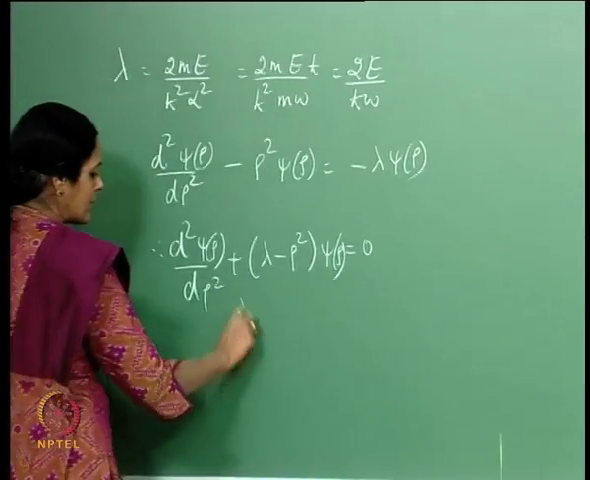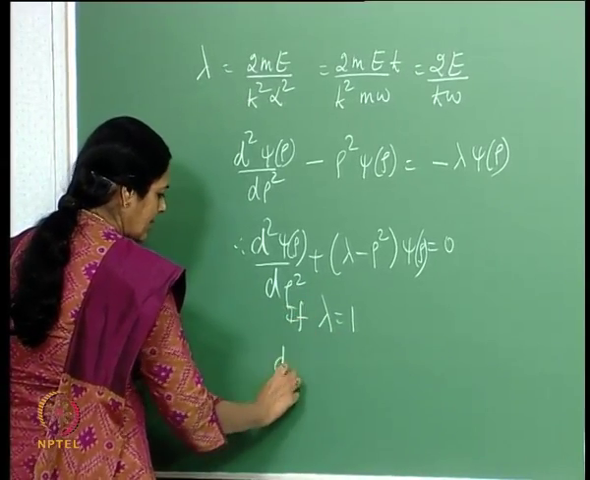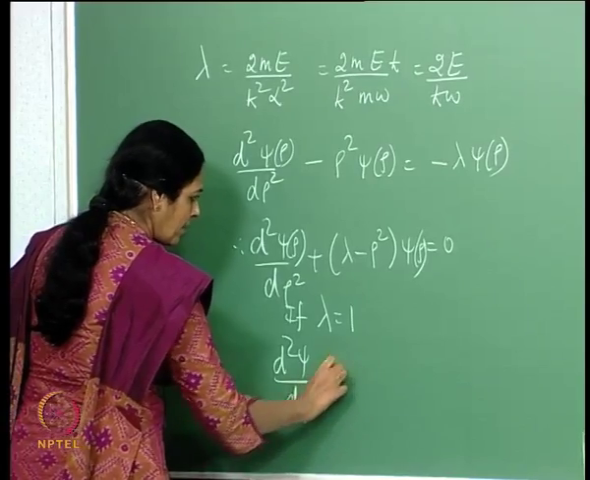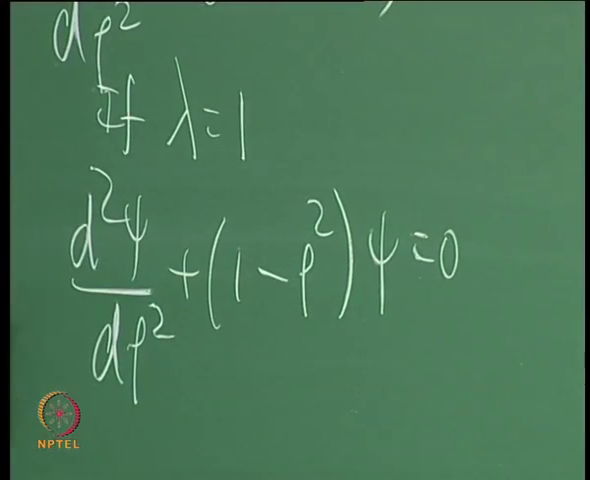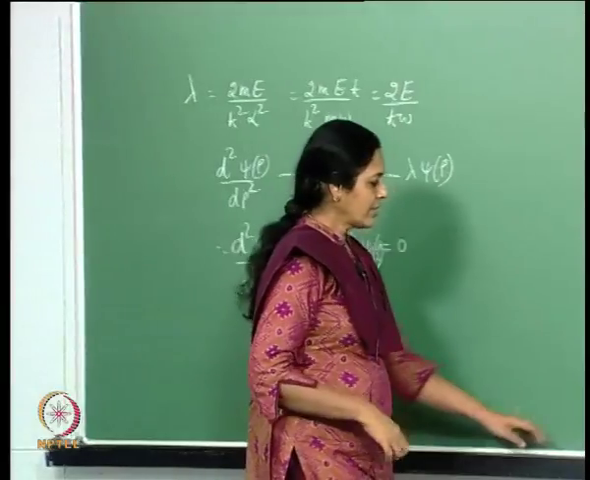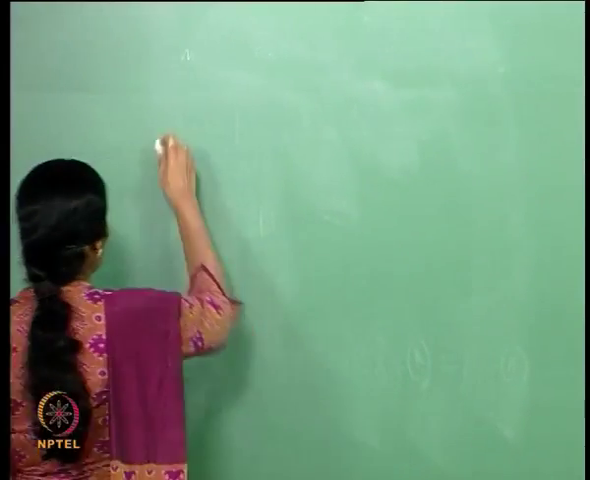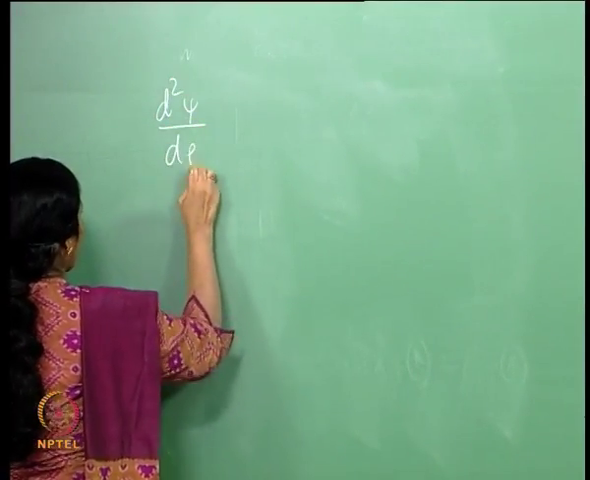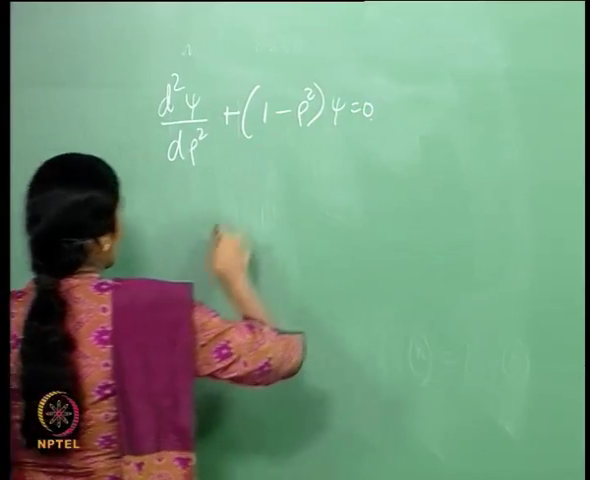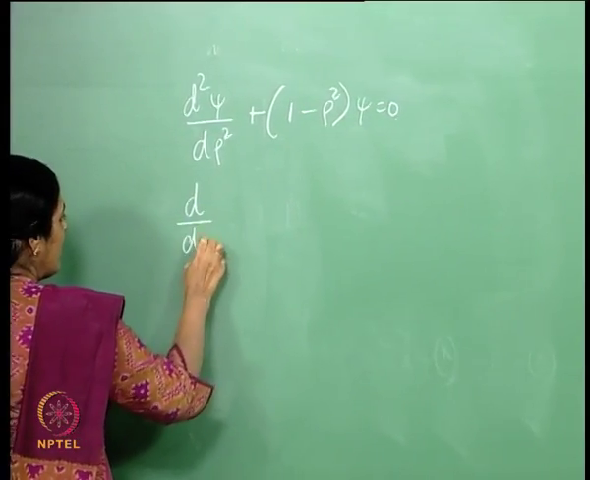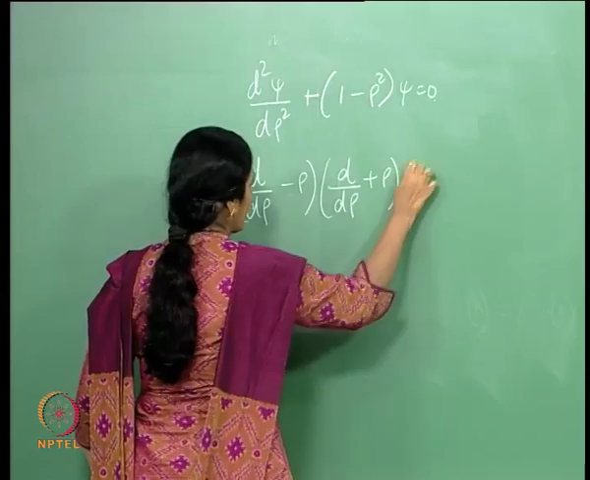So for instance, if lambda is 1, then d2 psi by d rho squared plus (1 minus rho squared) psi equals 0. But you see, an equation of this form can be factored and written in a different manner altogether. I have the equation d2 psi by d rho squared plus (1 minus rho squared) psi equals 0, and that can be written as (d by d rho minus rho)(d by d rho plus rho) psi equals 0,